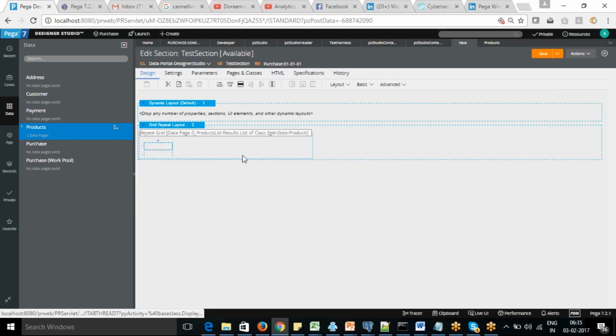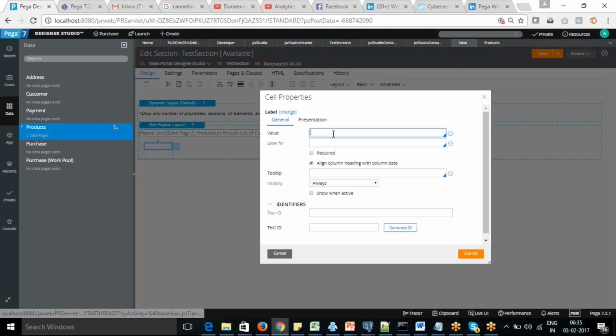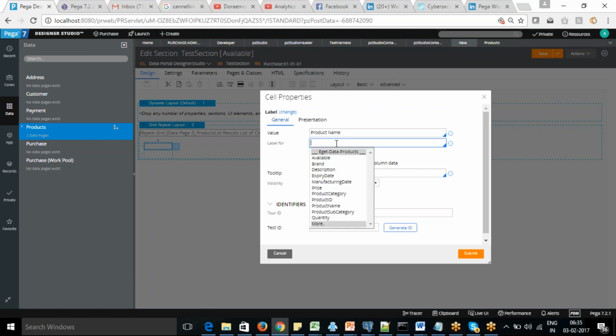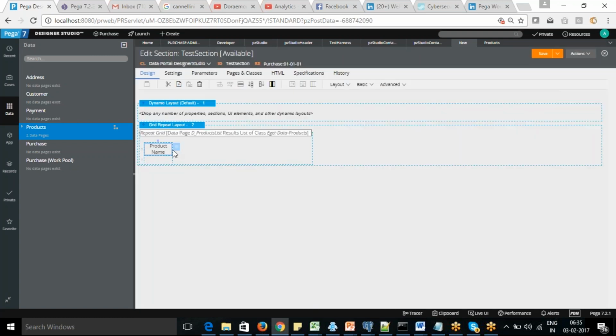So if you see, it's just displaying this one. So there I can go with, in this I need to go for what I actually want to display. So this is the label. So if you see product name, and if I want to increase more columns, I can go with this multiple.